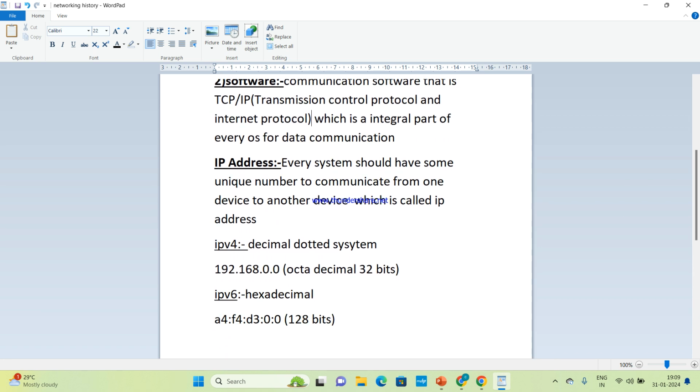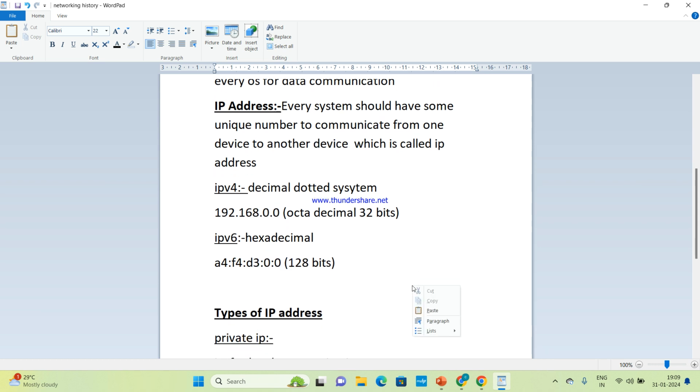Now let's understand what are IP addresses. IP address is Internet Protocol Address. Every system should have a unique number to communicate from one system to another system, which is called an IP address. For example, we are using phones.